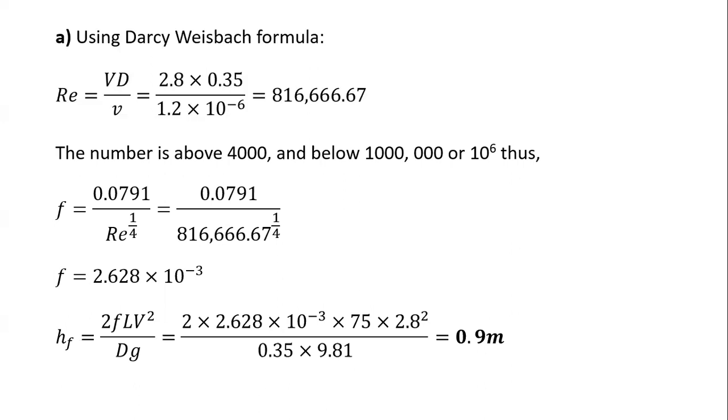We've just used Darcy's formula. The other part was asking us to use Chezy's formula. Now with Chezy's formula, we need to first of all find the hydraulic mean depth, which is the ratio between area and the perimeter. So the cross-section area is pi d squared over 4 divided by pi d. That's the formula for the perimeter. When you simplify those,